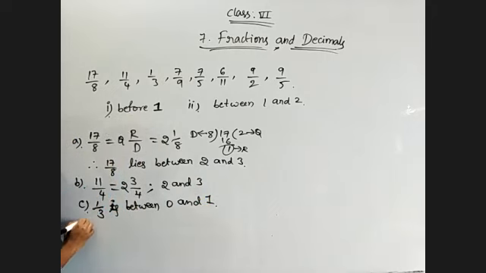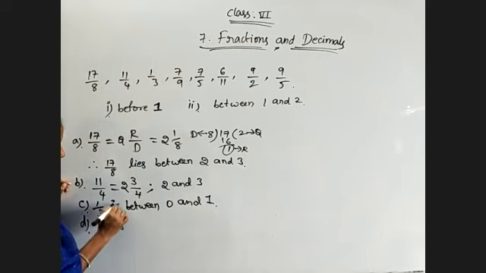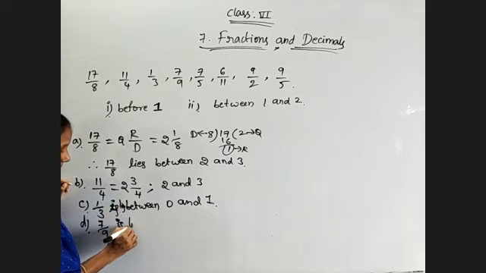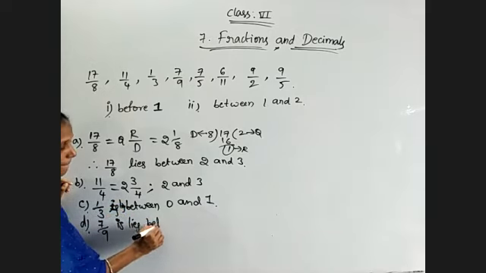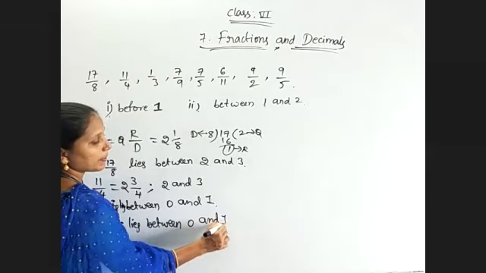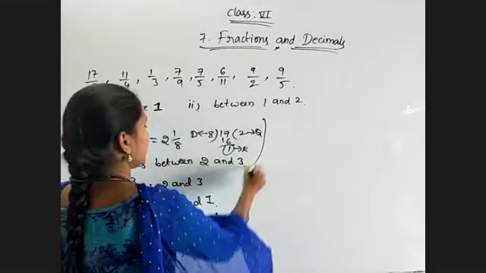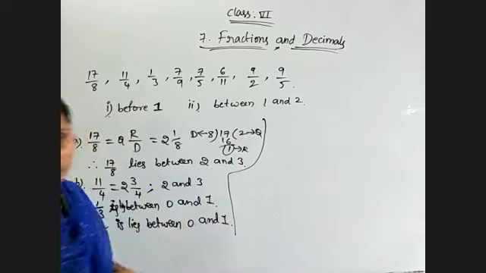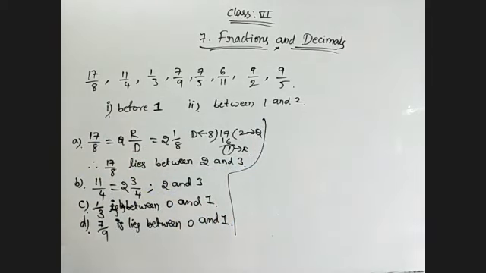And coming to the next fraction, 7 by 9. 7 by 9 is also a proper fraction. So it lies between 0 and 1 only. And next, 7 by 5